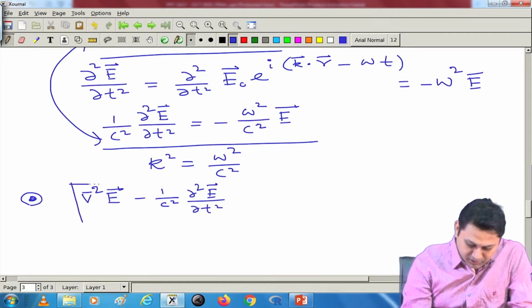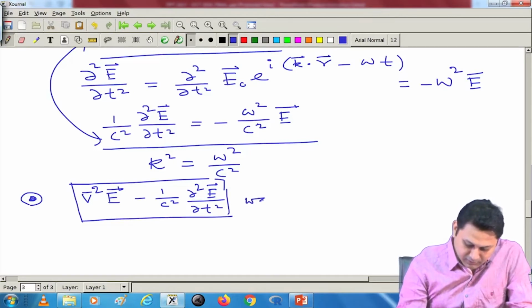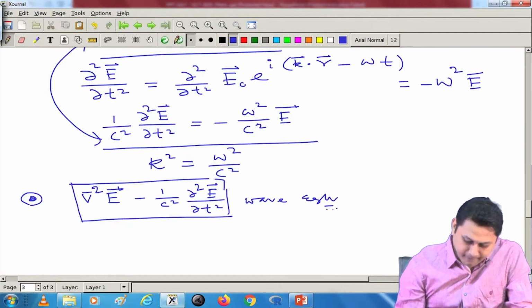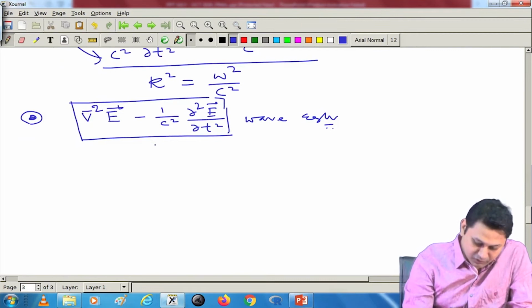For this wave equation, I have, this is the wave equation, and for this wave equation I have a solution